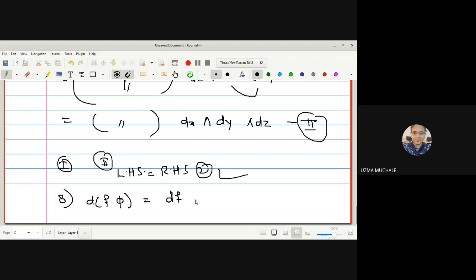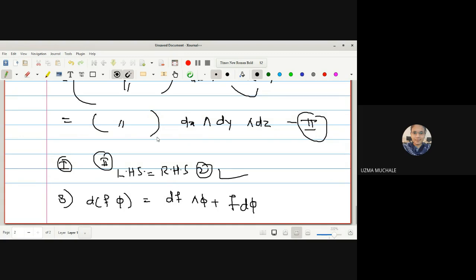It is very easy. यहाँ पे वेज प्रोडक्ट नहीं है, सिंपल प्रोडक्ट है. सो आप पहला सेकेंड प्रॉपर्टी यूज करके इजीली रिजल्ट फाइंड आउट कर सकते हो. Okay. Yes, anyone want to tell me the result now?